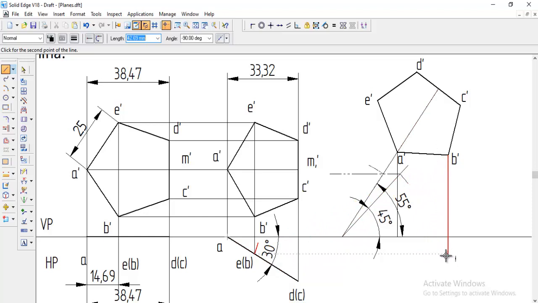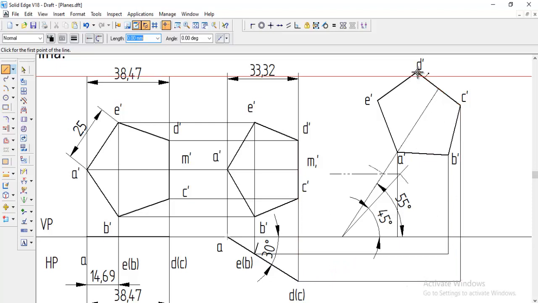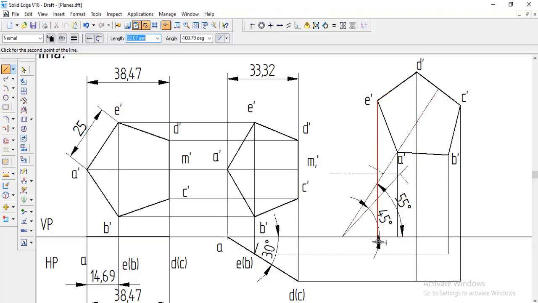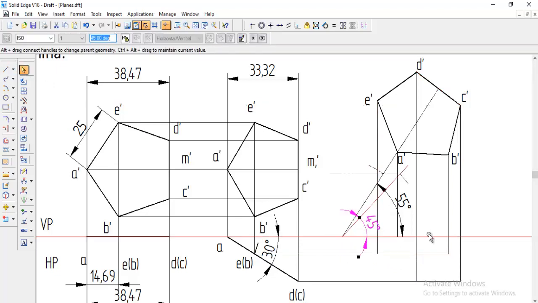You can get the line up to this and to get the B, and now C dash is at the top bottom, you can draw up to here, and then D dash we can get it here, D dash, and then E dash. Okay, like this we got all the point.